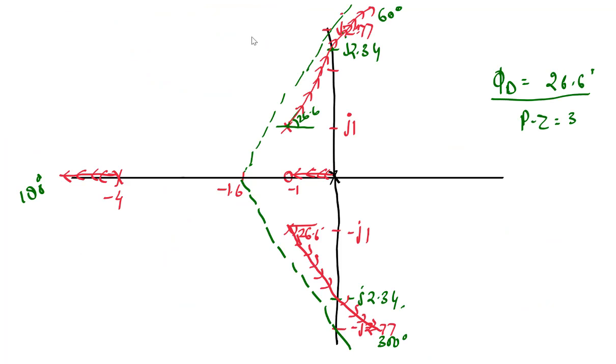Now this is our root locus. In order to draw it, we have one pole over here, that is s is equal to 0. We have a zero at s is equal to -1. We have another pole at s is equal to -4, and these two complex poles: one at s is equal to -1 plus j1, and this one at s is equal to -1 minus j1. We had already drawn the parts of the root locus. One part is this, the second part is this. We have p minus z is equal to 3.